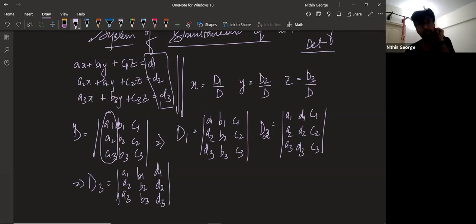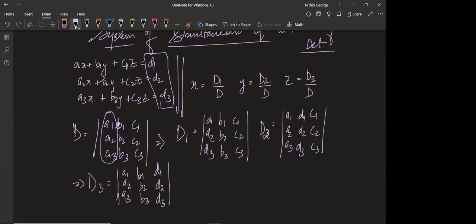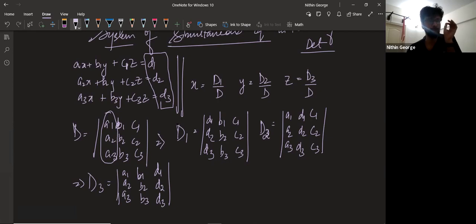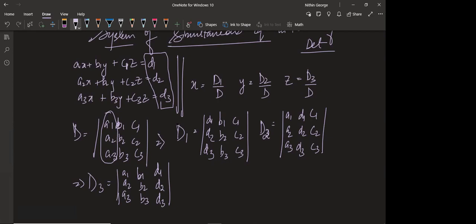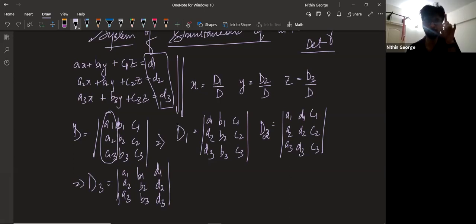That is the previous chapter, matrices. Finding A inverse and all that is the previous chapter. For finding x, y, and z, you have to find the A inverse. But if they say questions like that, use that method for your board exam, use only that method. Don't use this method. This you can use to check whether the answer is correct. You can cross check using this. So be careful.